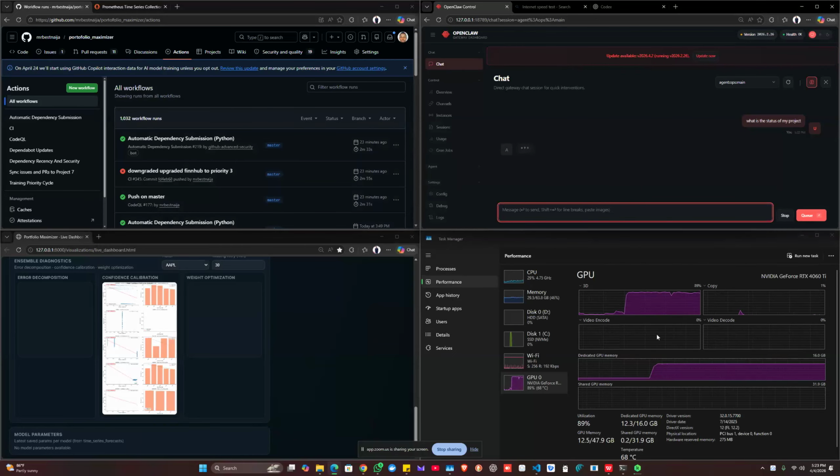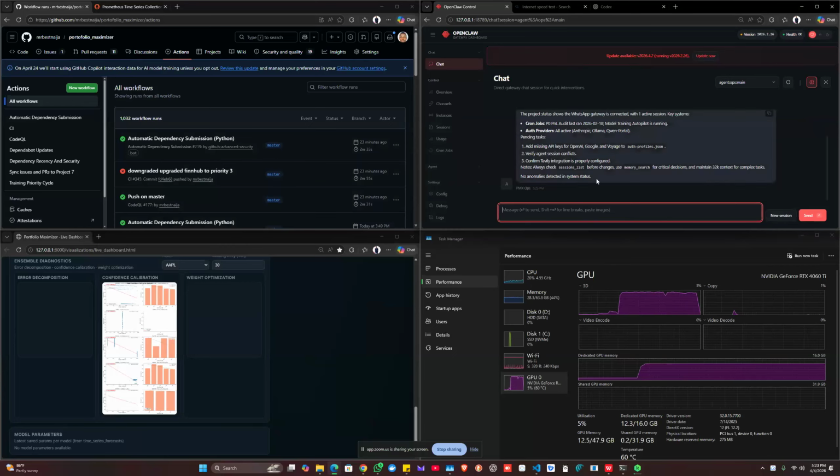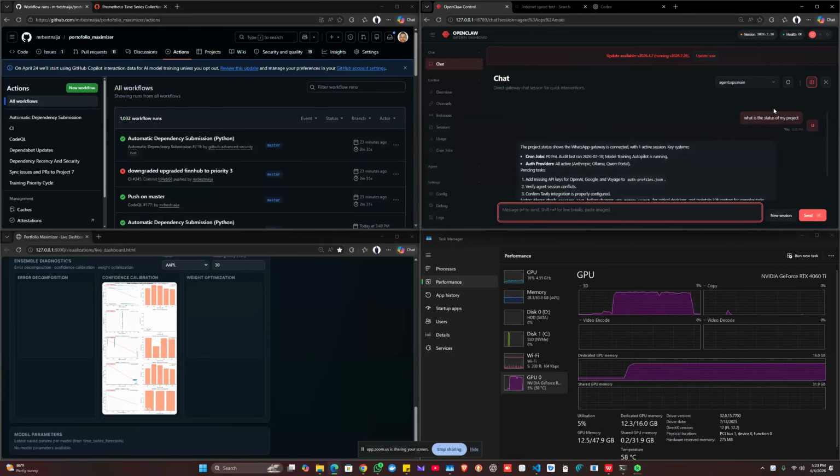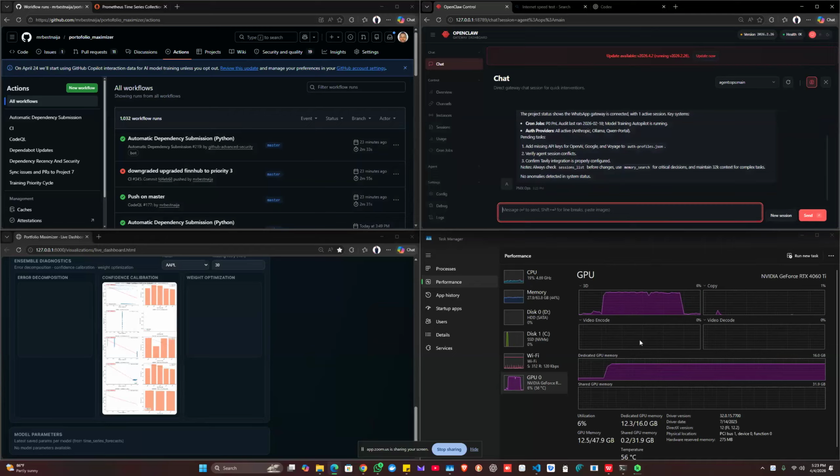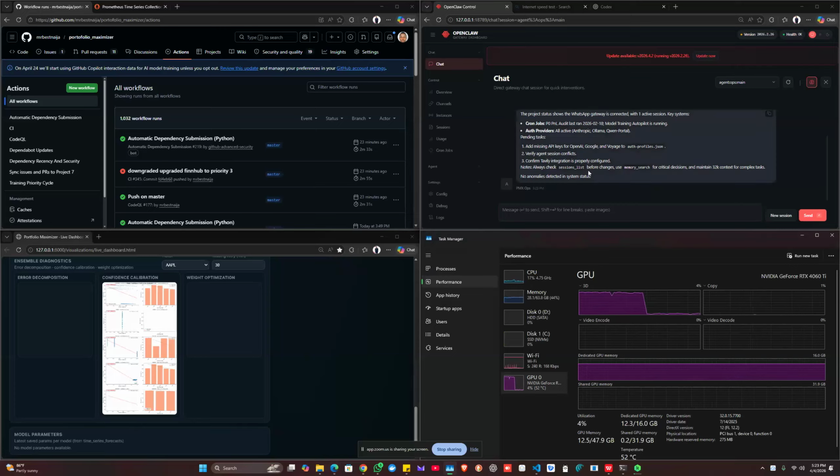If you look at my system, bottom right, you see that I asked the OpenClaw what is the status of my project, and it had to run. It made a run, and if you look at the bottom right, you see that my GPU usage has increased. If you can see it, I don't know if you are seeing it. It increased because OpenClaw actually called the tool. So you see this colored portion, yeah, is the usage that's increased because the OpenClaw called my system, called the